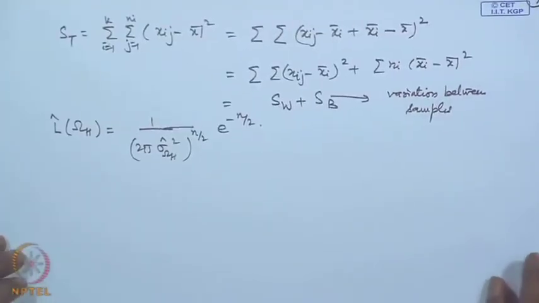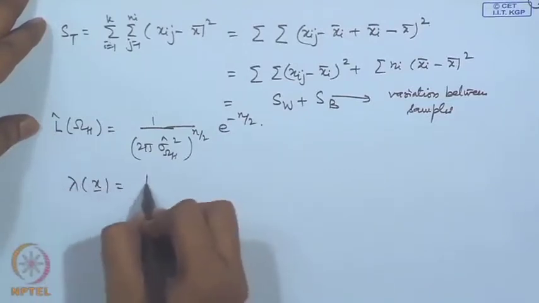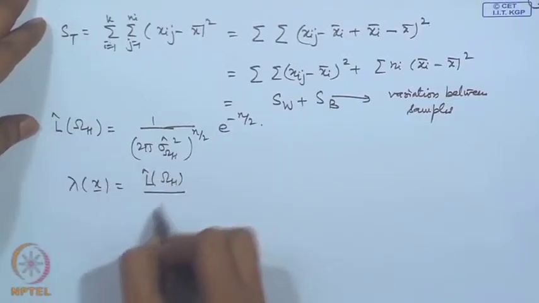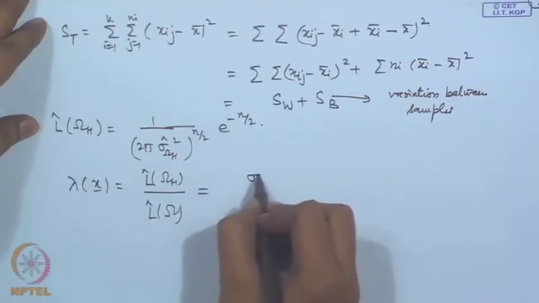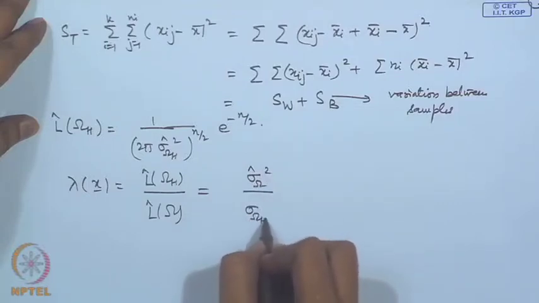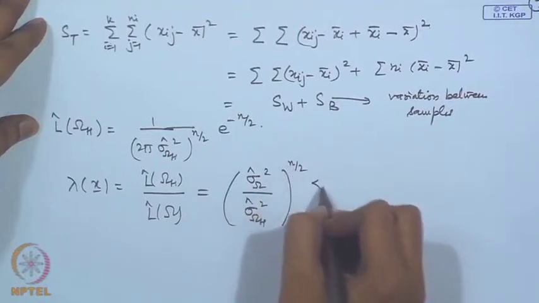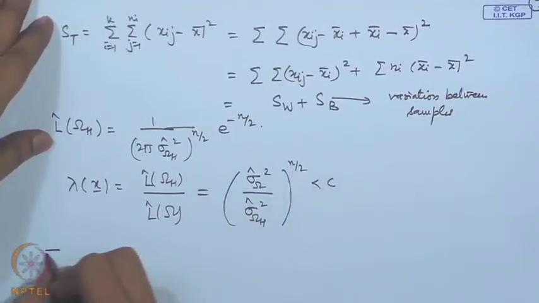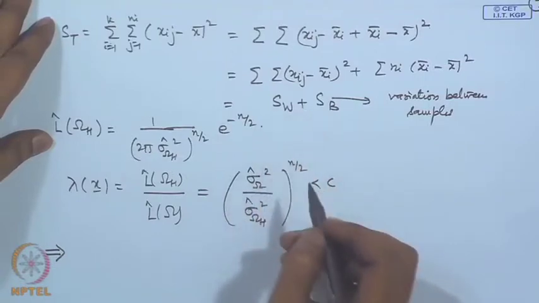Therefore, the form of the likelihood ratio test, that is lambda(x), that is L hat omega_H by L hat omega, becomes equal to (sigma omega hat square by sigma omega_H hat square) to the power n by 2 less than c, which is equivalent to, because of writing down this expression,